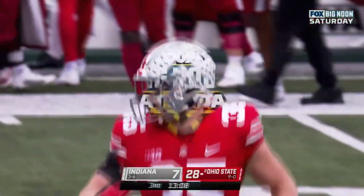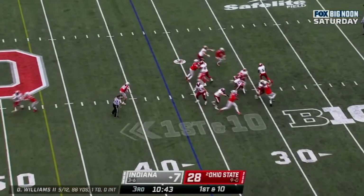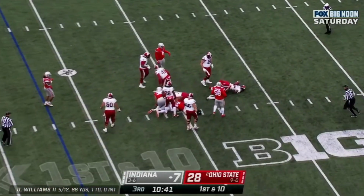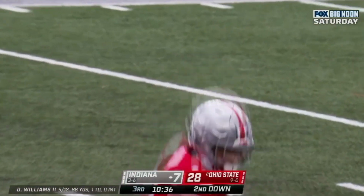Pass a little too high, so the Buckeyes take over on downs. Williams out of the pistol is going to pass. Pressure coming. Williams in trouble. Hit, drop. Safety. Lathan Ransom wraps him up at the 26-yard line of Indiana, and the safety makes the stop